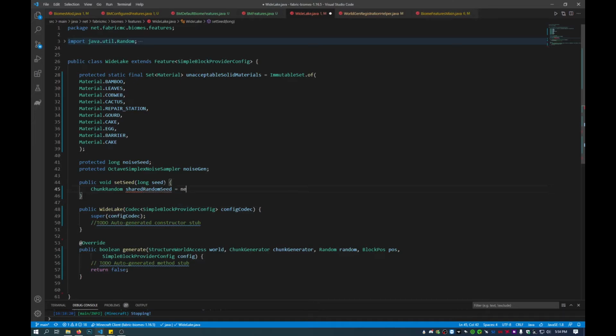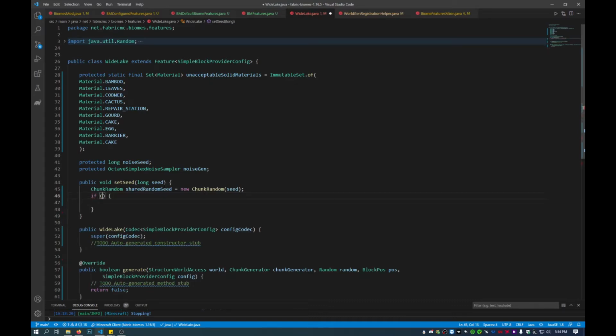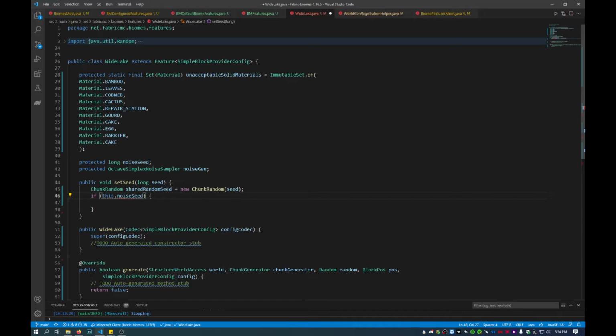Then we'll call this chunk random, and then a shared random seed. This will just be a new chunk random, and then we'll reference seed in this function. Then we have to do something with this shared random seed. So we'll create an if statement. Okay, so in this if statement, we'll reference this noise seed does not equal seed,